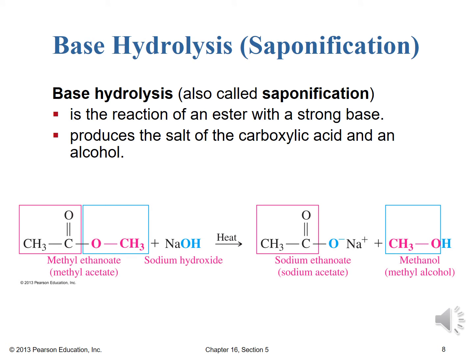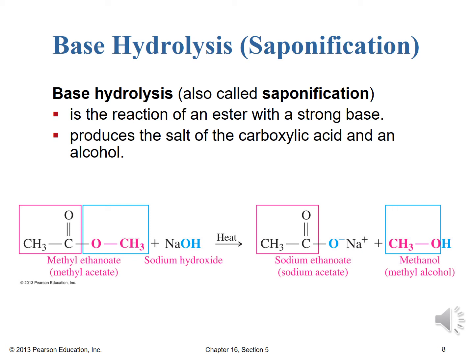Okay, so instead of acid hydrolysis, let's talk about base hydrolysis, or saponification as it's more commonly known. It's the reaction of an ester with a strong base. Before, we looked at the ester reacting with a strong acid to reform the alcohol and carboxylic acid. In this case, we're looking at the reaction of the ester with a strong base to produce the salt of the carboxylic acid. We won't have the neutral carboxylic acid here because we're in strong base conditions, so we would undergo that basic deprotonation of the carboxylic acid to make the carboxylate salt, and then the neutral alcohol.